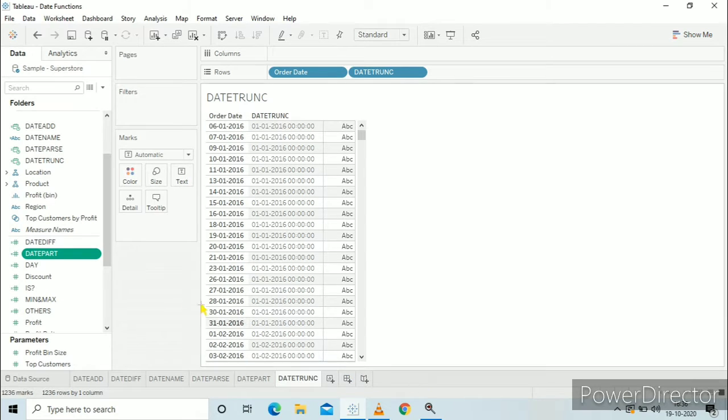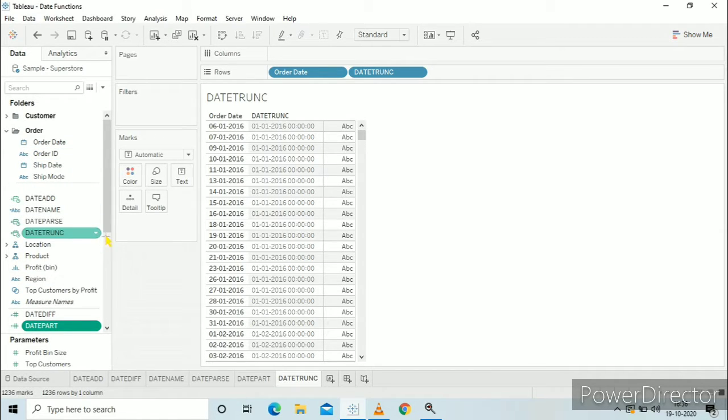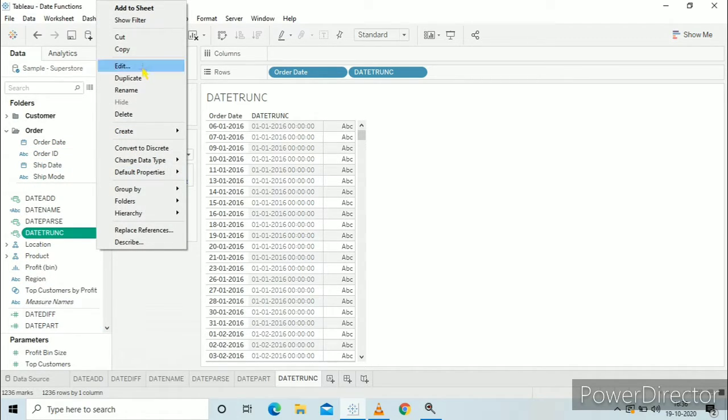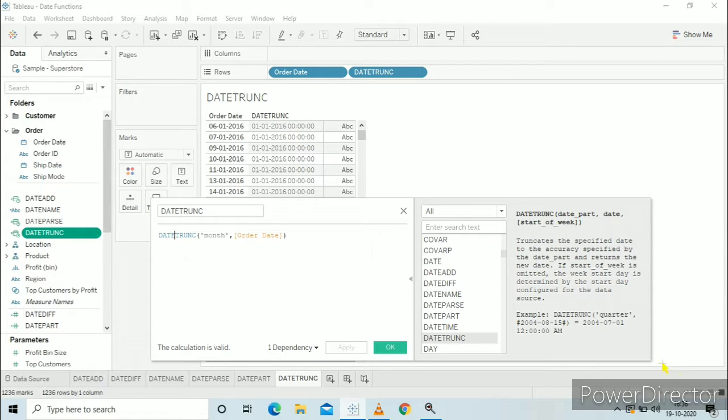And the last function is date trunc. So this function is used to truncate the date. So I will just show you the function. Here you need to select the date part to truncate, like month, quarter, year. So based on that your date is truncated. Here I have selected the date as order date.